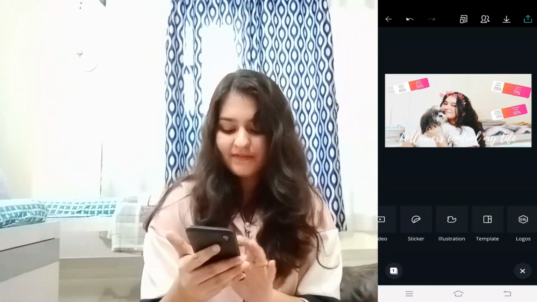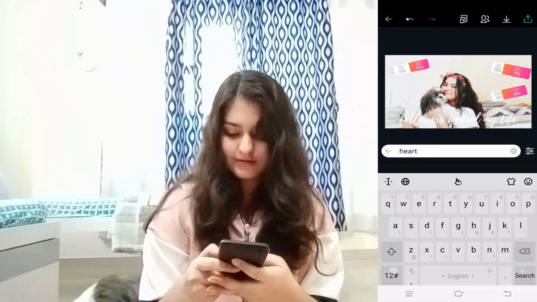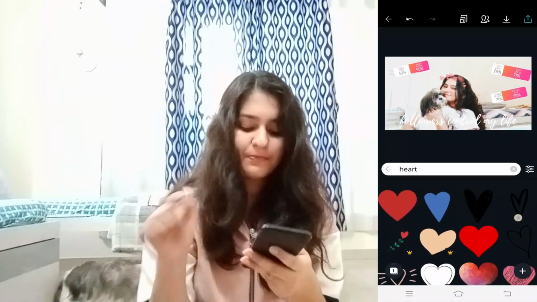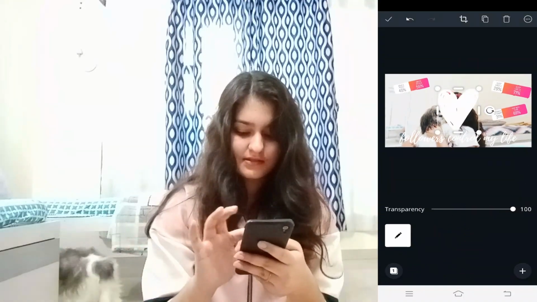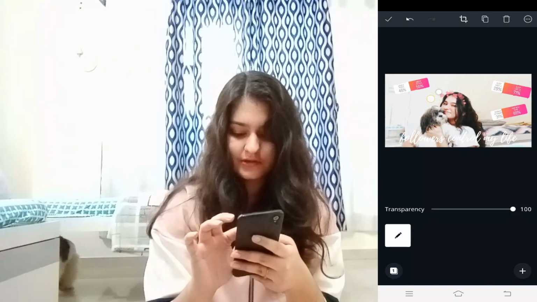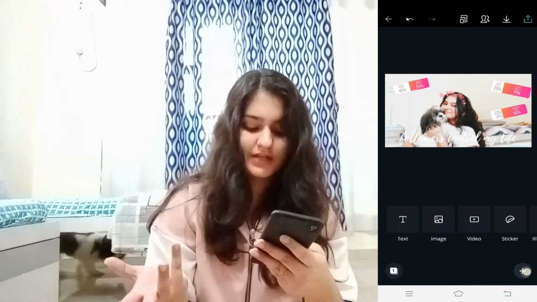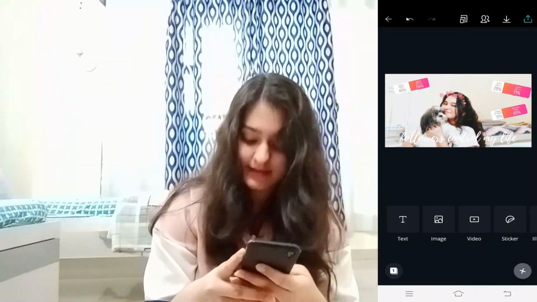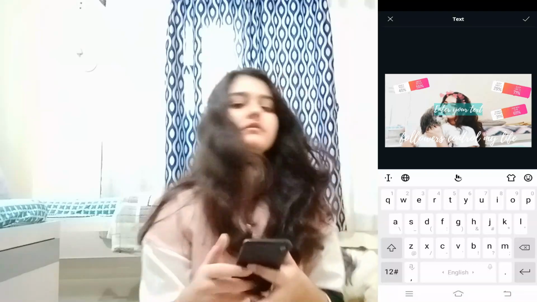And then you can even add illustrations onto this. So I can add a heart. You have to pay for a few of these, but all the free options are also pretty amazing. So I go with a white heart, and you can add it wherever you want. I'm not going to be adding it, but I'm telling you that you can add it. And then olive,